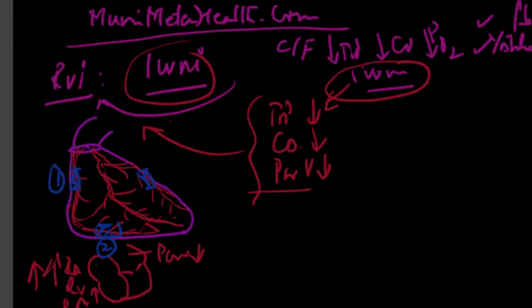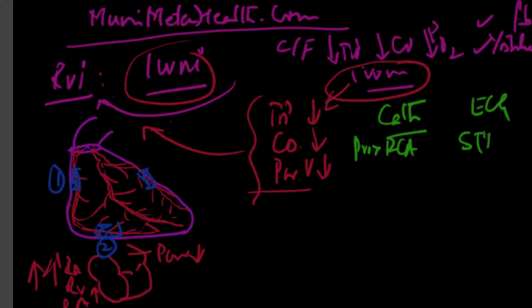So on a cath, what will be the findings? The cath findings will be the following. You will have a proximal RCA, for instance, as I said, and that will manifest on an EKG the following way. There will be an ST elevation present, and the T waves will be upright in a proximal RCA. When you have a distal RCA involvement, at that point you will have no ST segment change, in other words. So there is no ST segment change, and the T waves will be still upright. So there is no change on the EKG at all.